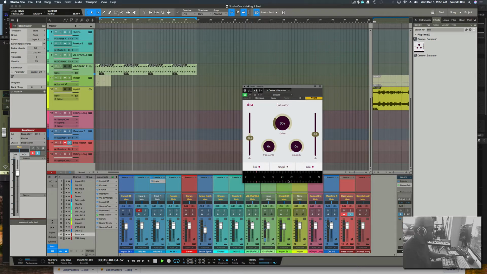So let's go to natural. Okay, so it's a little bit difficult to explain exactly what these two are doing, but I'm noticing